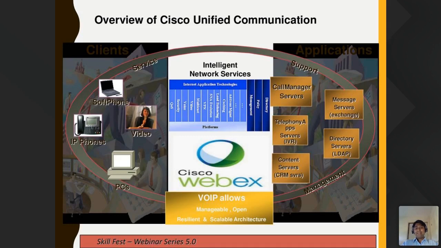So the technology is booming very well, the number of travels is coming down, and business is making more profit and is very collaborative. So there is a lot of demand in unified communication nowadays. Also, what you see is the service. It's not just these 4. There are plenty, as I said, like telepresence and video conferencing. It's very hard to cover everything, but the major component we use is Call Manager.